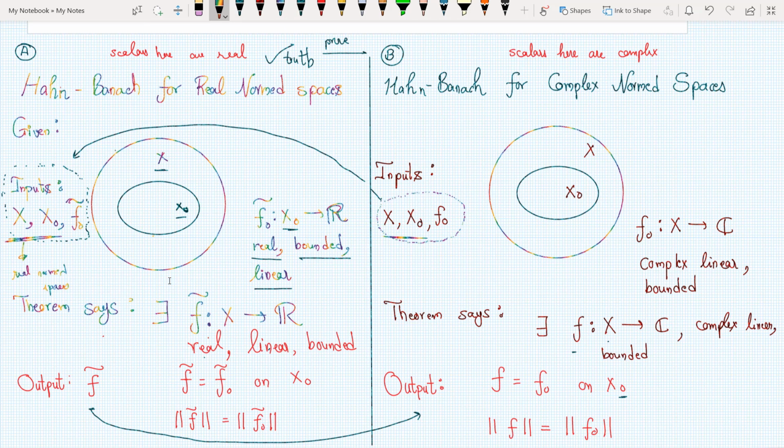So what I did was, whatever output f0 tilde gave me, say a plus iota b, I took the real part of it. And once I have the real part, I get a real number out of this. And if I get a real number, I can use this machinery. I can use this formulation here to extend it to find an f tilde, because I have proved the Hahn Banach theorem for real norm spaces before. So once I did this trick,